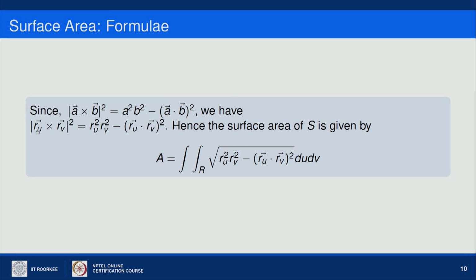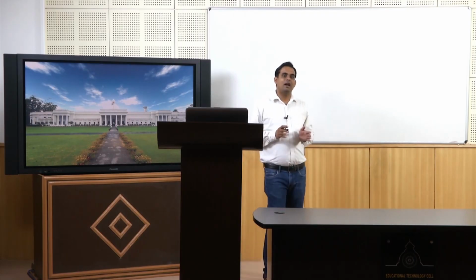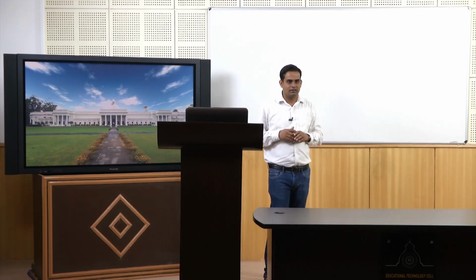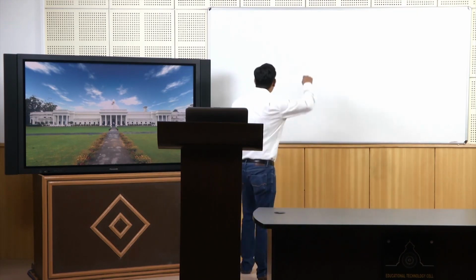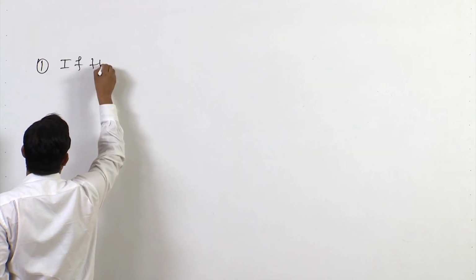So in this way we can have this. So I can write another formula for surface area as the integral over R, that is the region in the UV plane, of the square root of Ru square Rv square minus the dot product of vectors Ru and Rv, squared, du dv. We have seen the area if we are going with the parametric representation, but if we are going in another form, let us say if the equation of the surface is